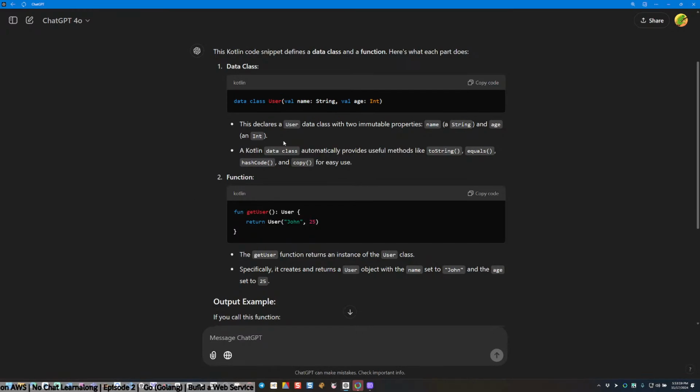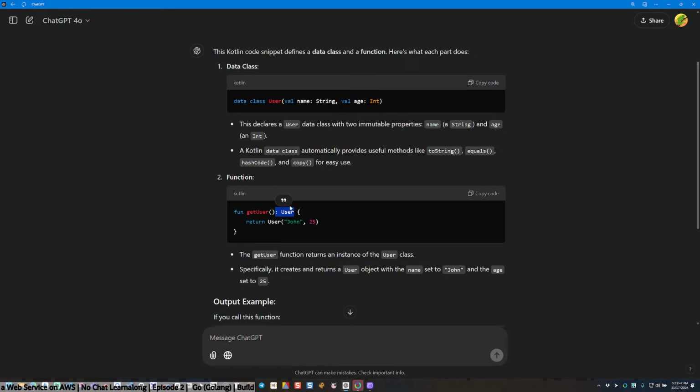This declares a user data class with two immutable properties, name and age. A Kotlin data class automatically provides useful methods like toString and equals, hashCode, and copy function.